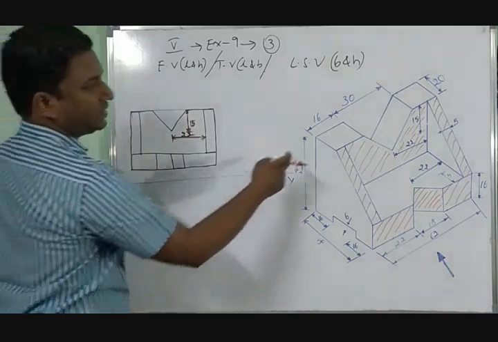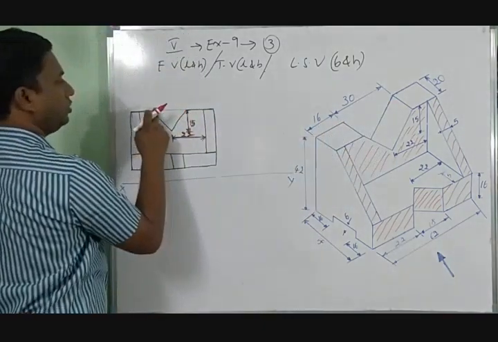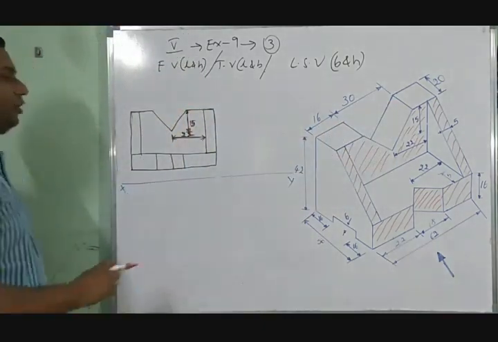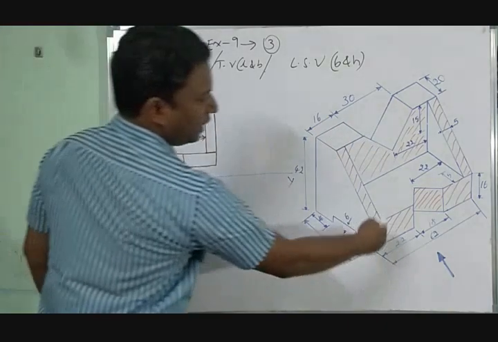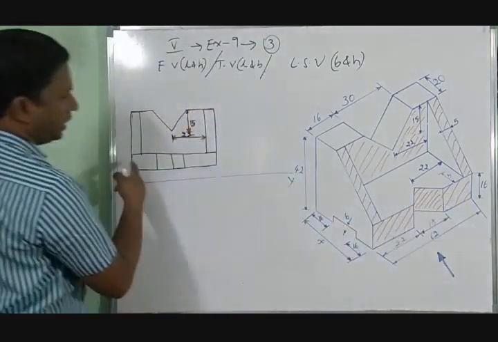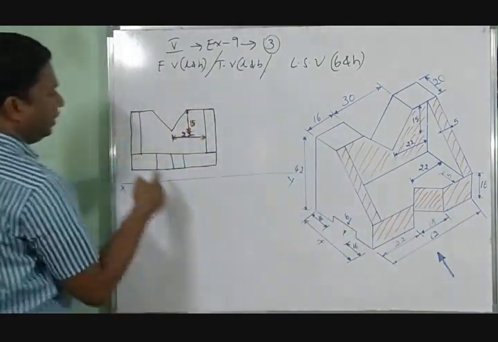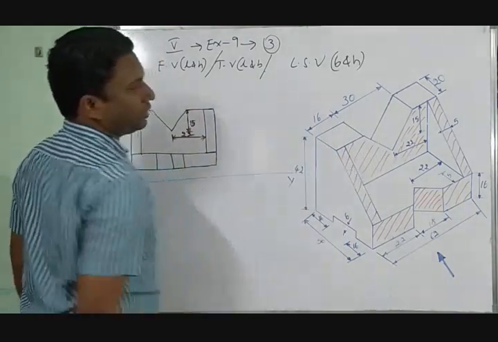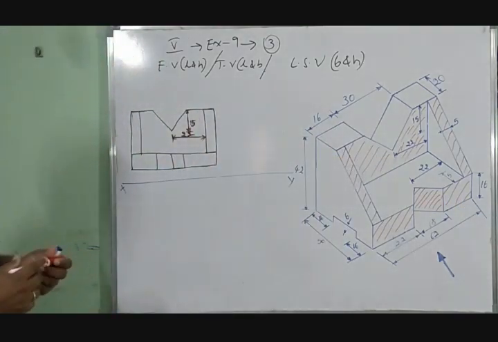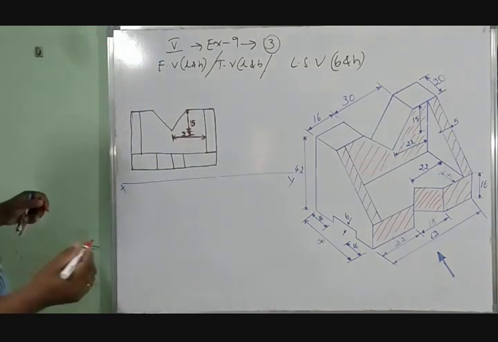In the box, is there any line here? There is no line, so you can erase this after drawing the box. Finally, this is the front view. We have hatched here, so all the lines are covered. Now, the rectangular web is also covered. The back side is also covered. Totally, the front view will look like the shape of this. If you have to show the dimensions, please show them.